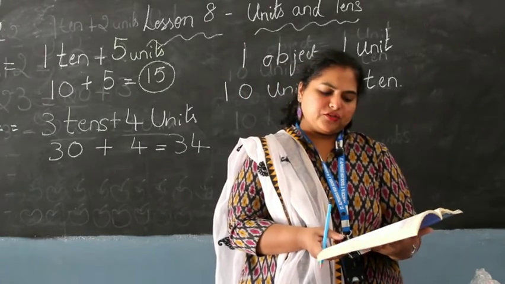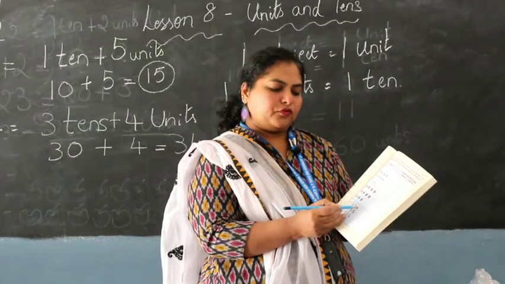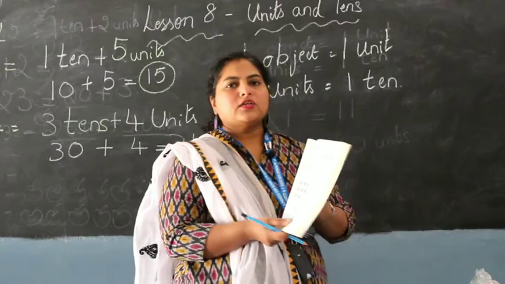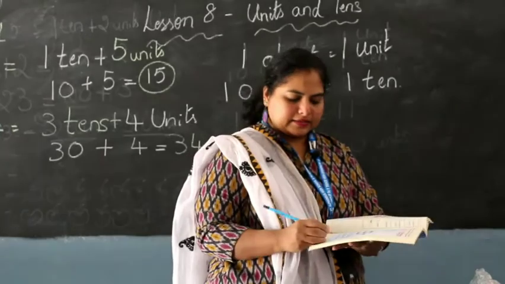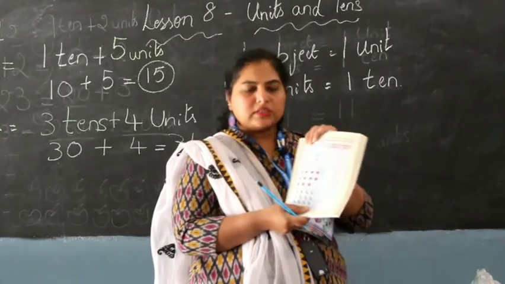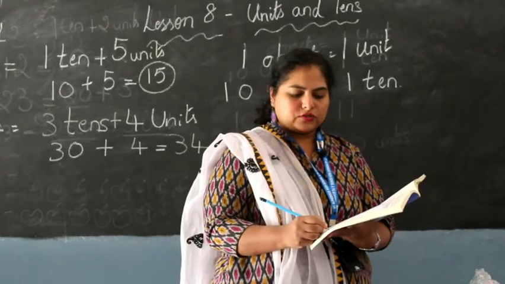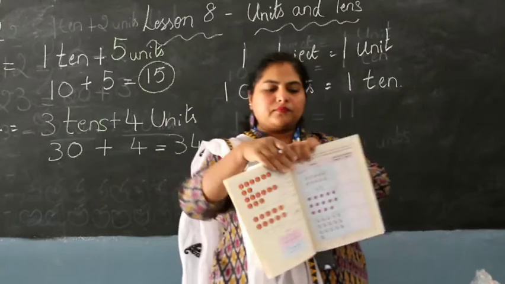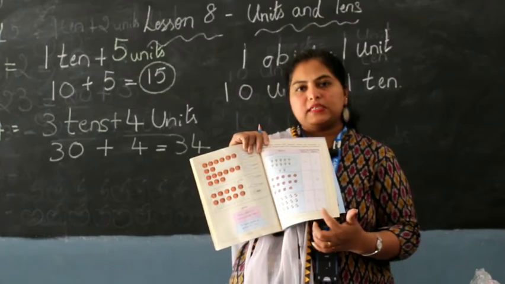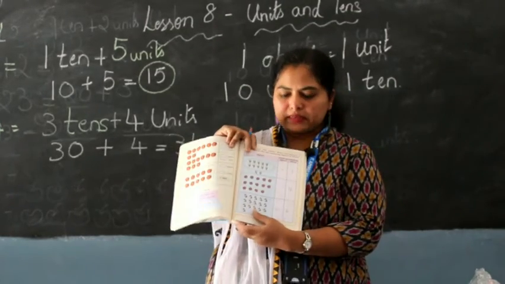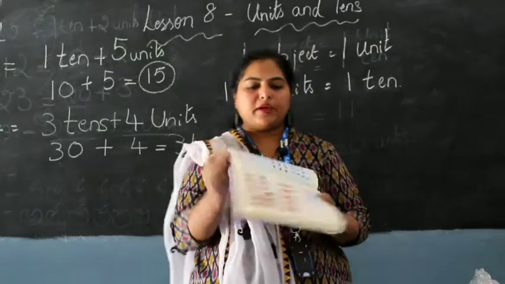Then you have images of bears. So you have to count up to 10. 1, 2, 3, 4, 5, 6, 7, 8, 9, 10. So you circle 10 bears and write 10 here. Anything more than 10? 1, 2, 3, 4, 5, 6. That 6 will come to your next column. So 1 ten and 6 units make 16 bears. Okay, so how many bears are there? 1 ten and 6 units make 16 bears.